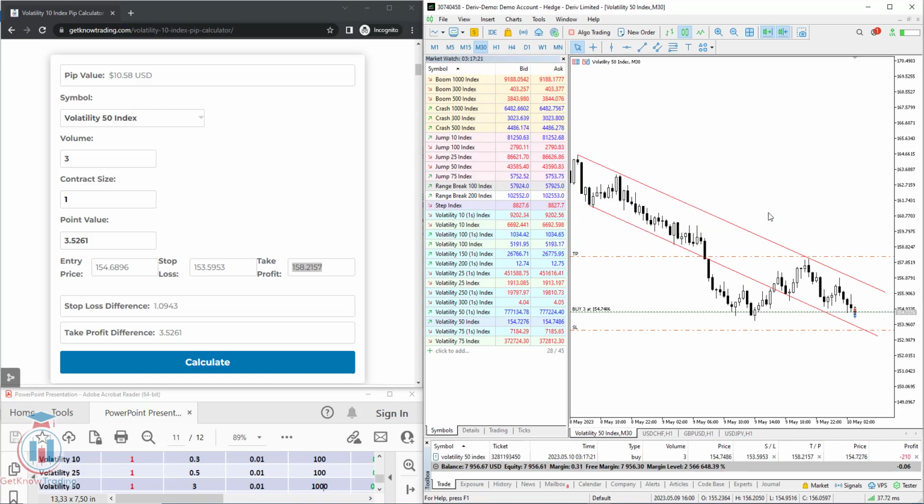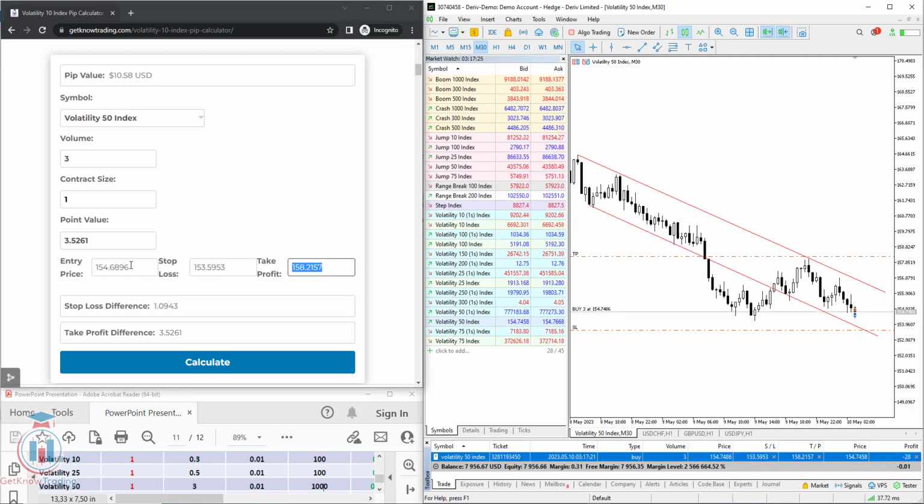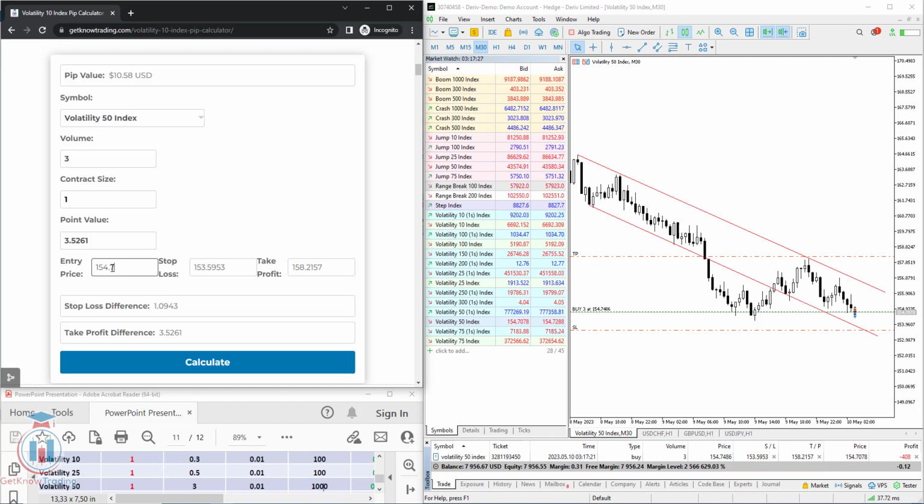because you are expecting that the price will go up. Here it is. Now let's put here the correct value for the entry price because it is slightly different, 740.86. Click calculate, copy this stop loss value here, click calculate, you would get $3.46. Let's check on the chart, it is the same value, 3.46. It is the same stop loss value. Now let's do the same for the take profit, 10.40. Let's check it here,